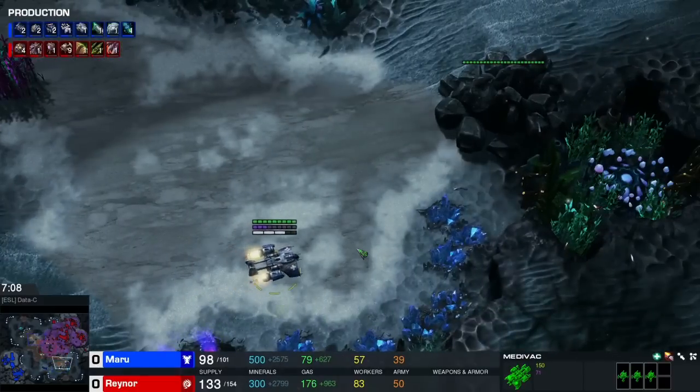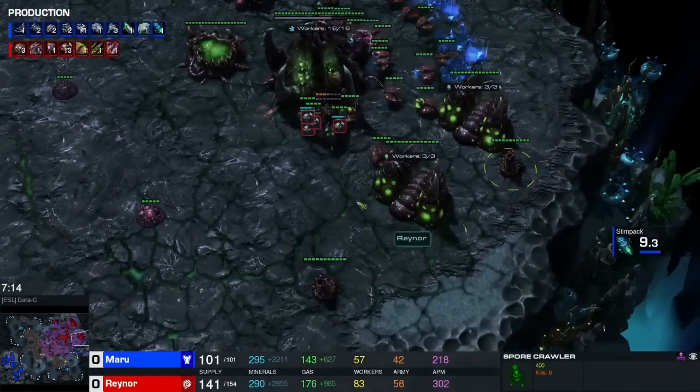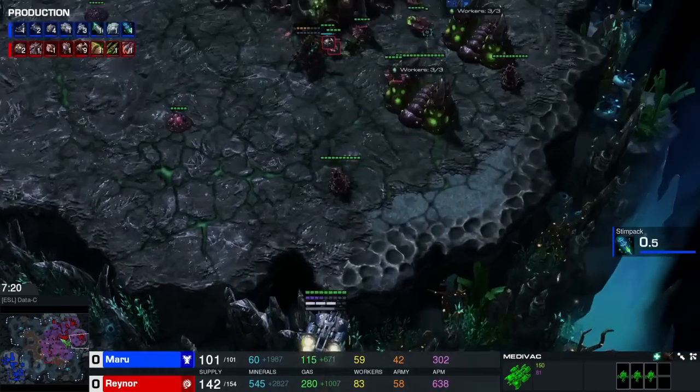as MARU still tries to find, of course, a way through, and he is indeed preparing a mine drop. Let's see, where is REYNOR prepared for that? He actually even has 2 spores here, just 1 queen. So let's have a look how this is going to work out for MARU, as REYNOR is still roaming around